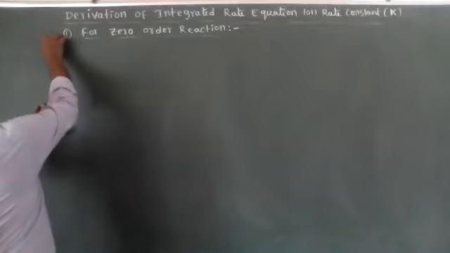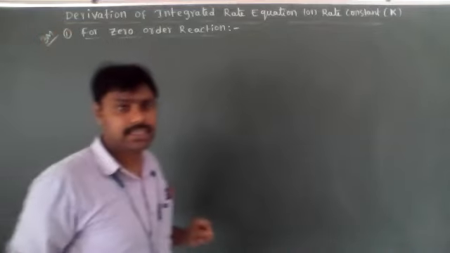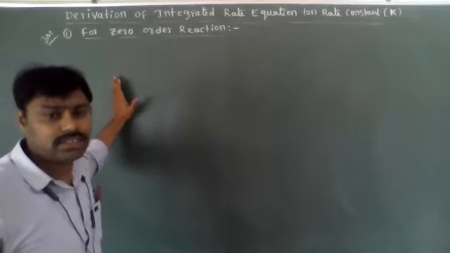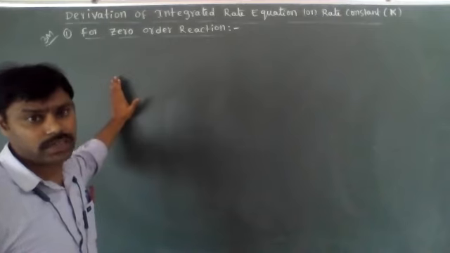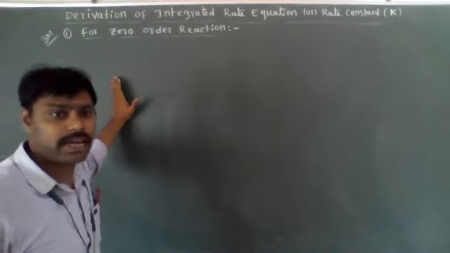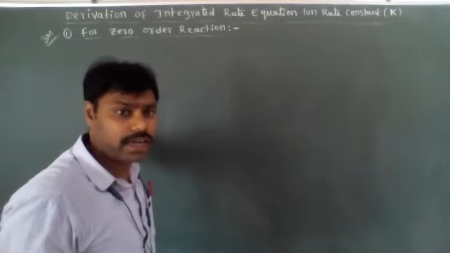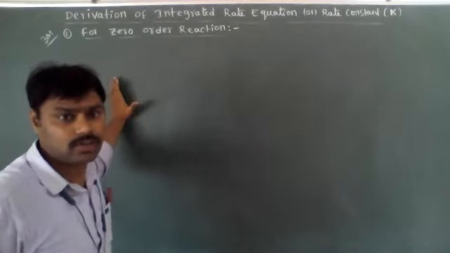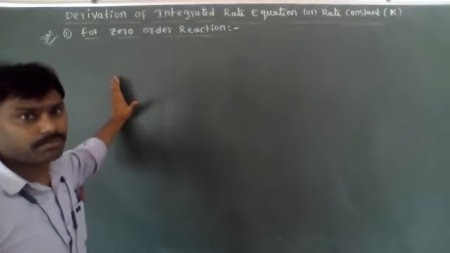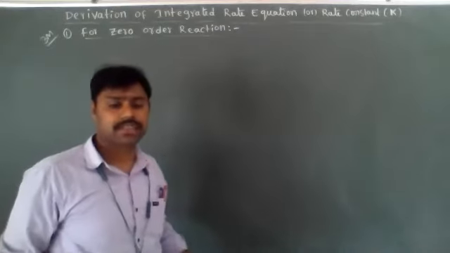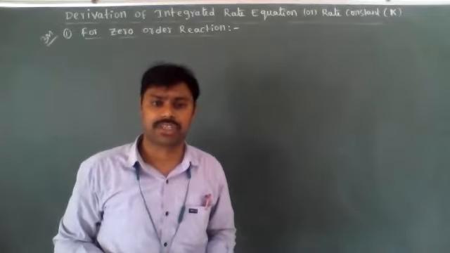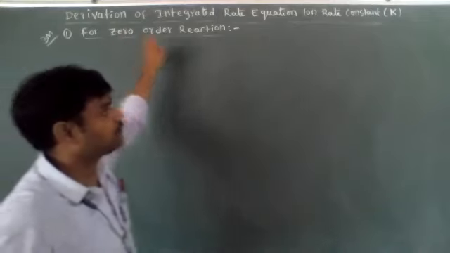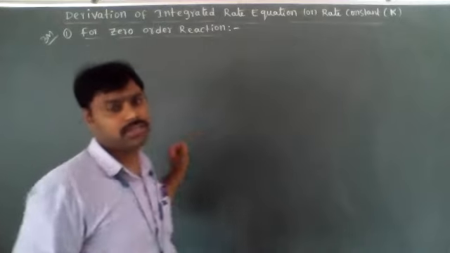This is a very important question for the board examination, compulsory in the 3 marks exam, dear students. Derive the zero order reaction rate constant. So we need to learn the K derivation, as well as the formulas for zero order as well as first order. Those K formulas will be very useful for the objective exam also, and to solve numerical problems in all cases. Compulsory zero order and first order related questions are asked in NEET and JEE as well as in CET examination. Okay, let's see how to derive the K formula for zero order reaction.